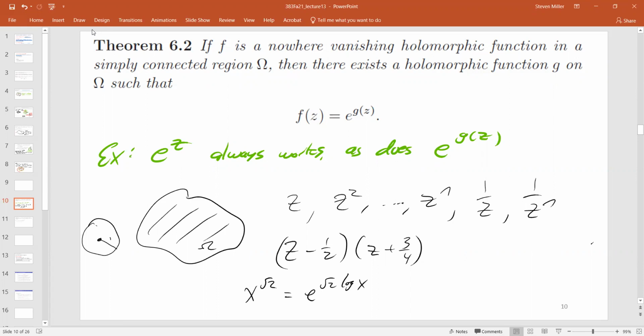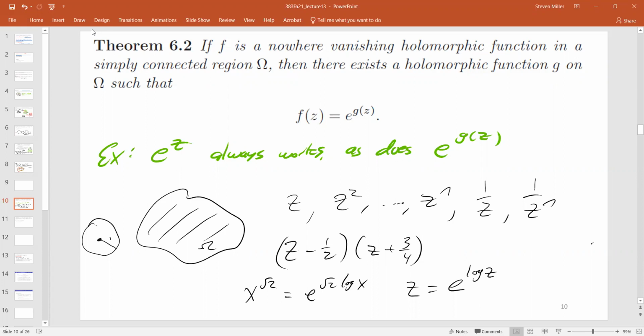More generally, if I give you z, maybe I can write z as e to the log of z. Well, wait a minute. I've got a simply connected region, and I've chosen it so it doesn't include 1, so it's not quite the previous theorem, but if I just adjust things a little bit, if I rescale things, I should be able to adjust things so that 1 is in here, 0 is not. And I should hopefully be able to use the logarithm from last time to get something like this. So this is hopefully giving you a little bit of intuition on its way through.